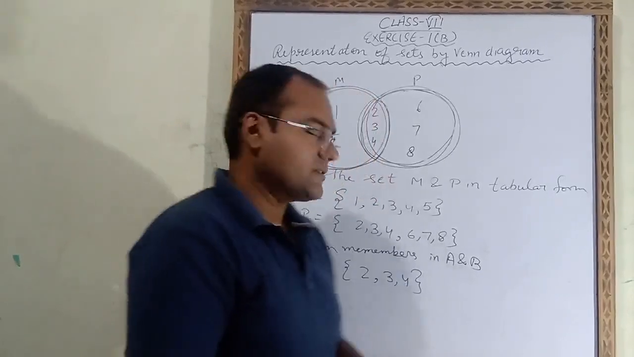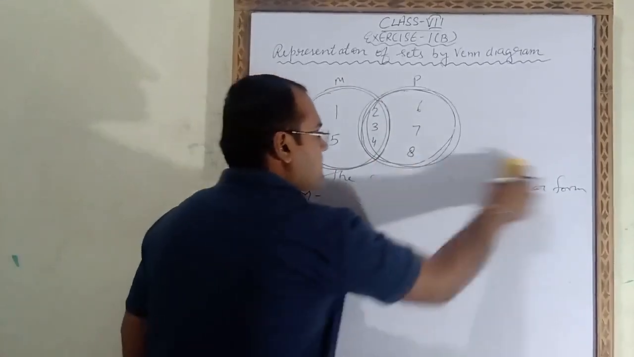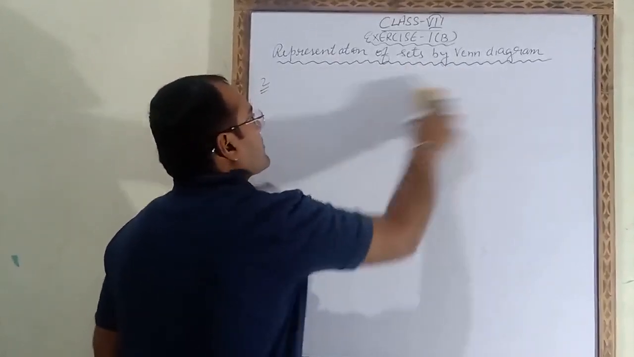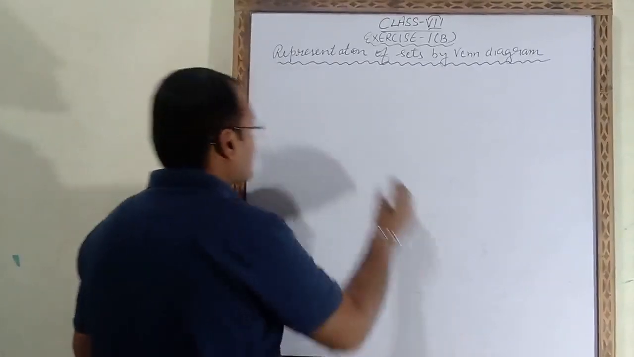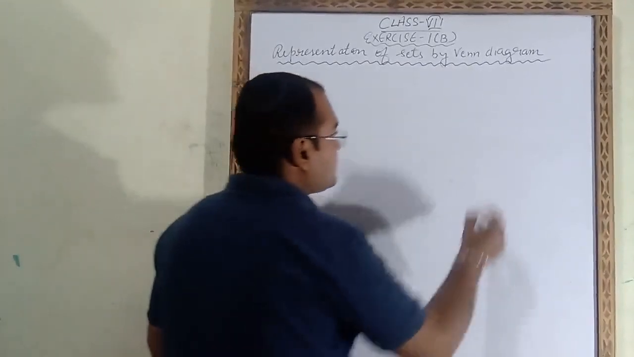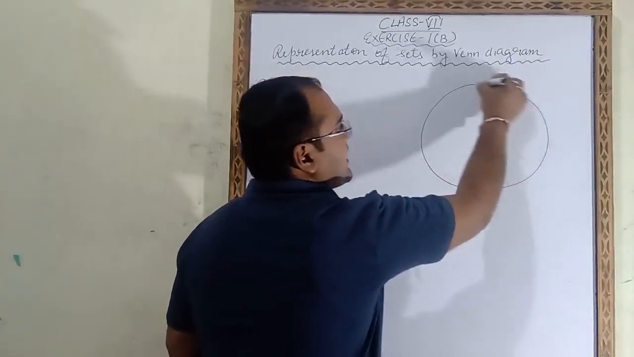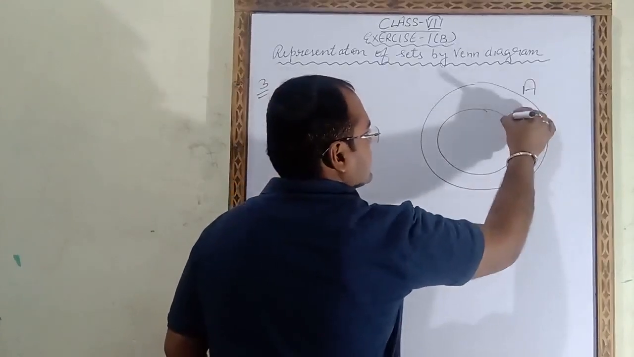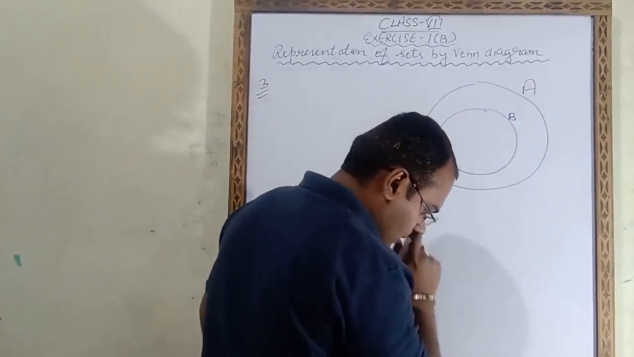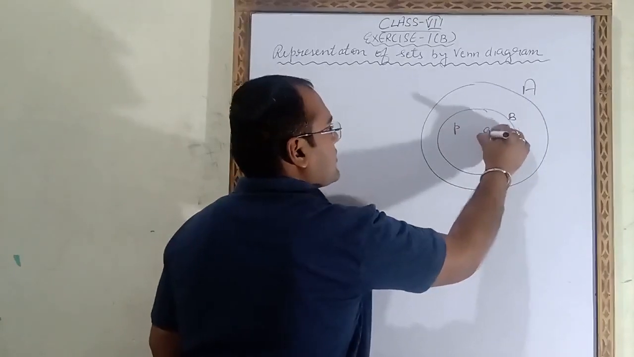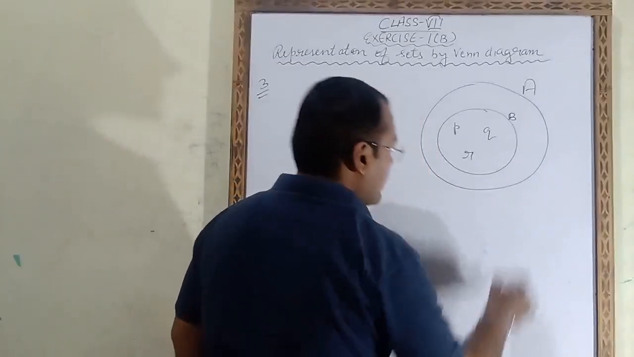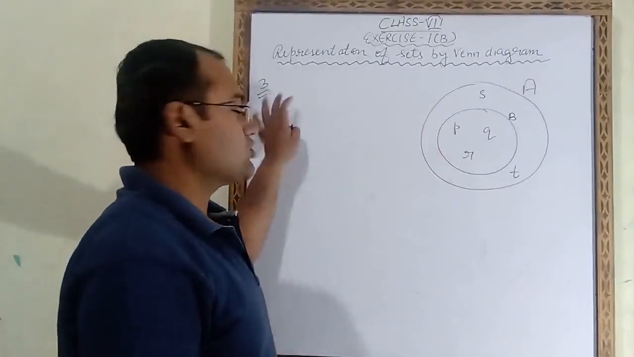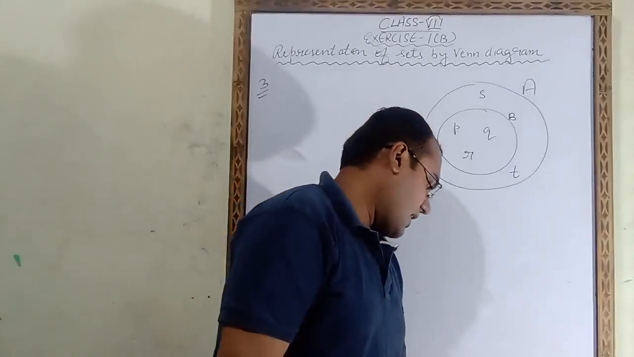Now see question number 3. Venn diagram is given in question number 3. This is the set A, this is set B. In B it is written small p, q, r, and here it is written s, t. So this is the figure which is given in the question number 3, and write the set A and B